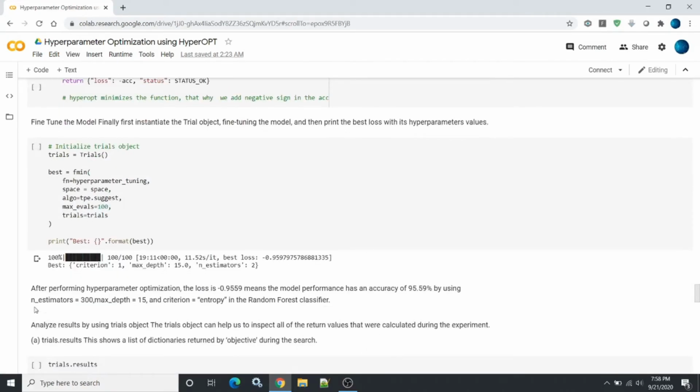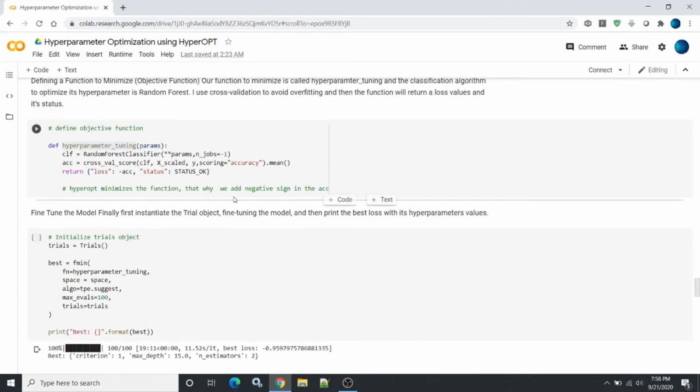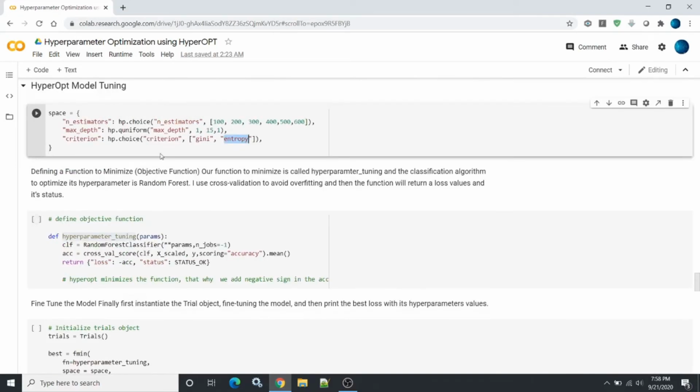After performing hyperparameter optimization, the loss is about minus 0.9559, which means the model has an accuracy of 95.59 using the estimator 300, because I mentioned n_estimators equal to 2. Going back to my space, this is 0, this is 1, and this is 2.